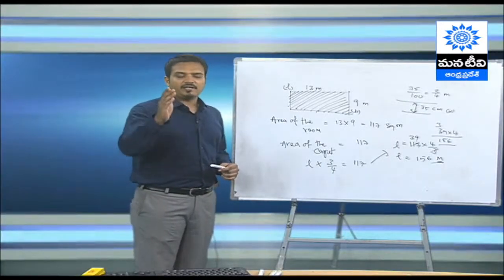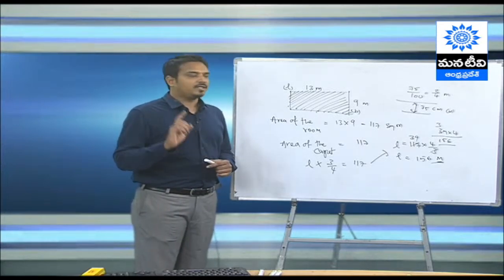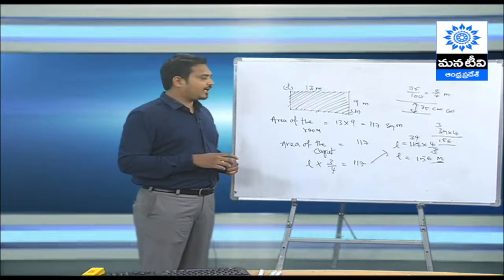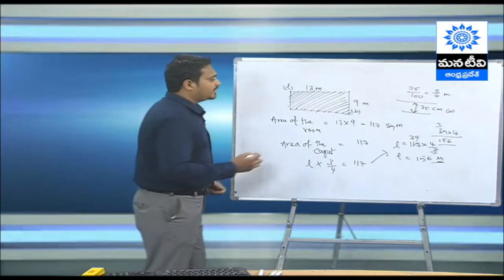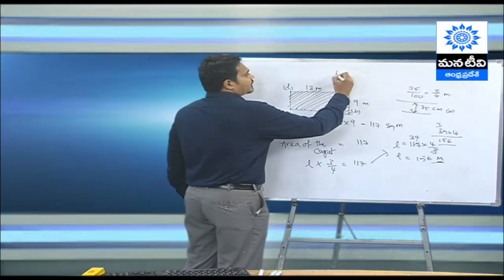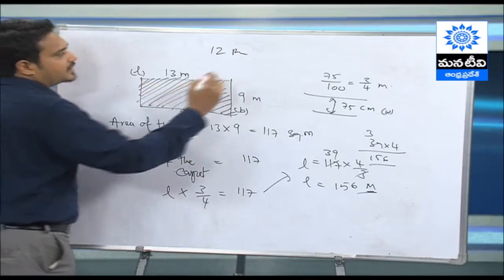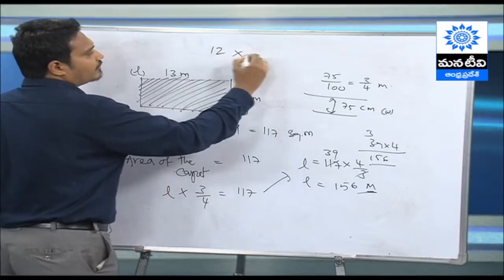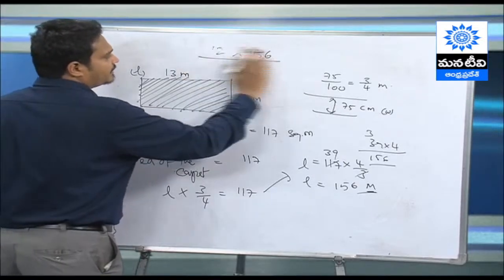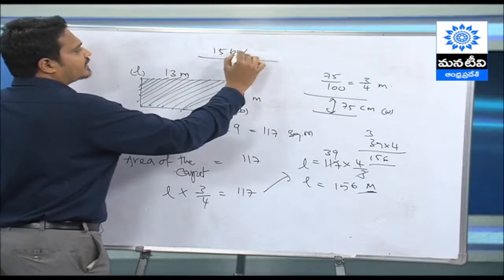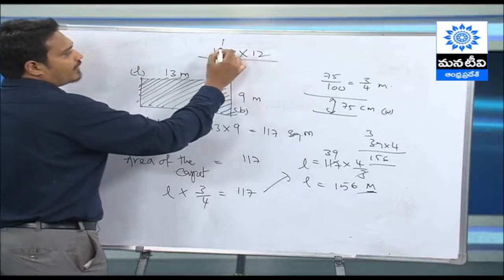Okay, and the question: if you observe, the rate of the carpet per meter square is nothing but 12 rupees per meter square. So now for 156 meters we have to find out the cost. So it's 12 rupees per meter square. So obviously we have to find out 12 into 156. So let's make it 156 into 12. Okay, so 2 6s are 12, and 2 5s are 10, and